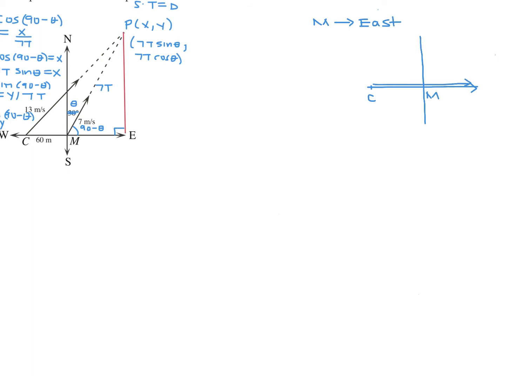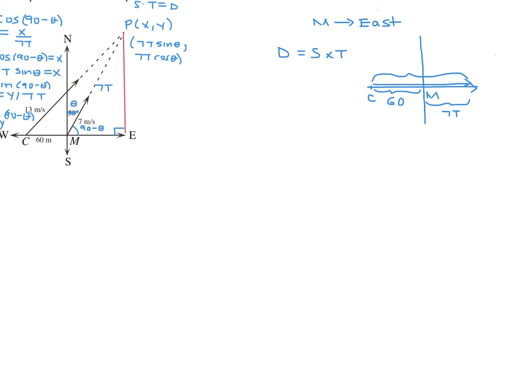So the mouse is traveling at a speed of 7, and therefore this distance from here to here would be 7t. Correct? And then the distance that the cat would travel, obviously, is from here to here. But we also know that from here to here is 60. They gave you that in the question. So the distance, which is equal to speed times time,